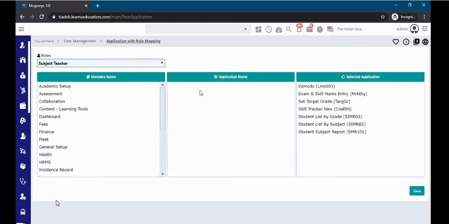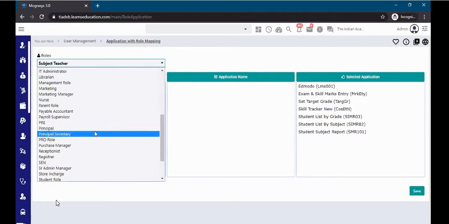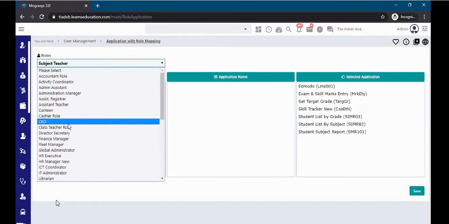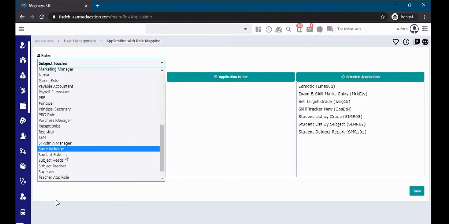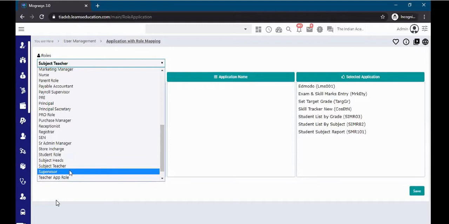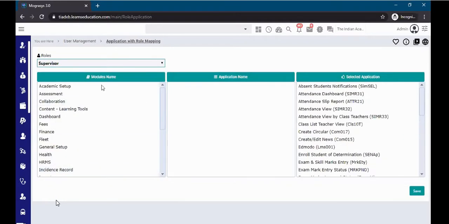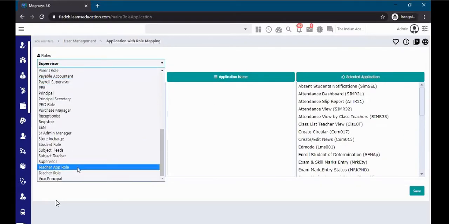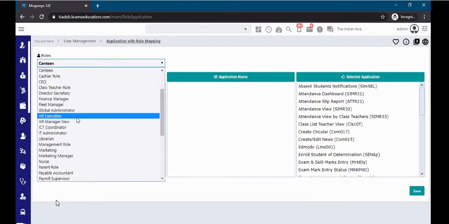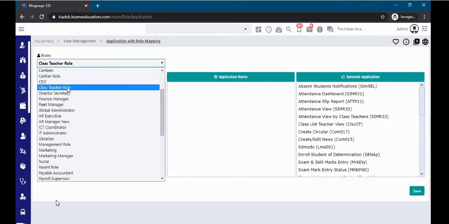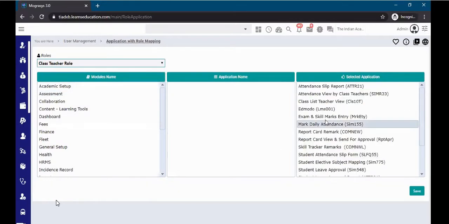What we were doing was the section subject teacher application, and in that application this facility is not there. So in the new application we have developed for LIMS, this mapping will be done automatically whenever you do the subject mapping. These are the applications. For example, again, if you check the class teacher, supervisor is also the same thing. Supervisor, these are the applications. By default, it will get here. These are the applications for the class teacher.